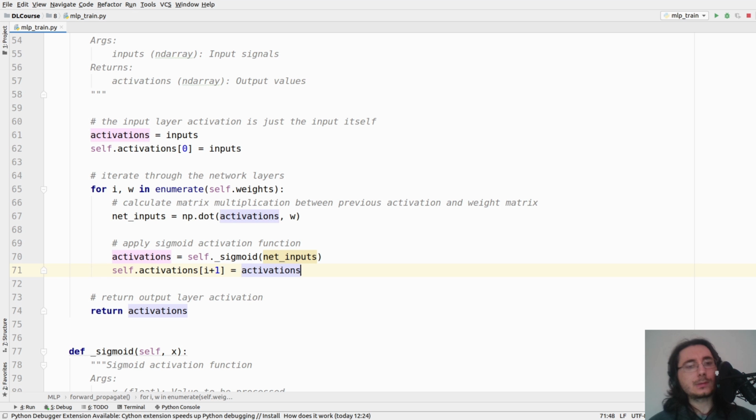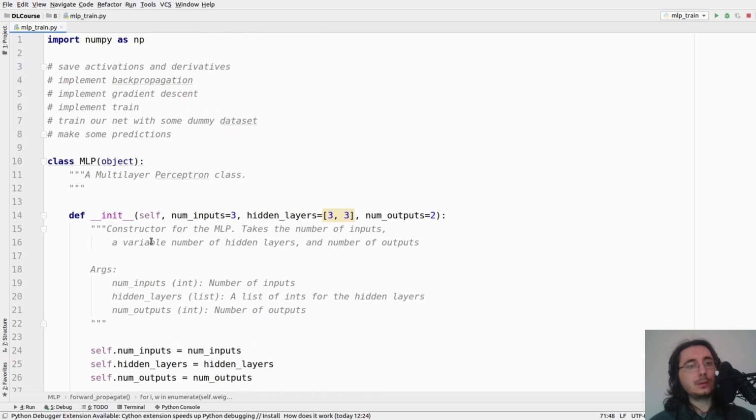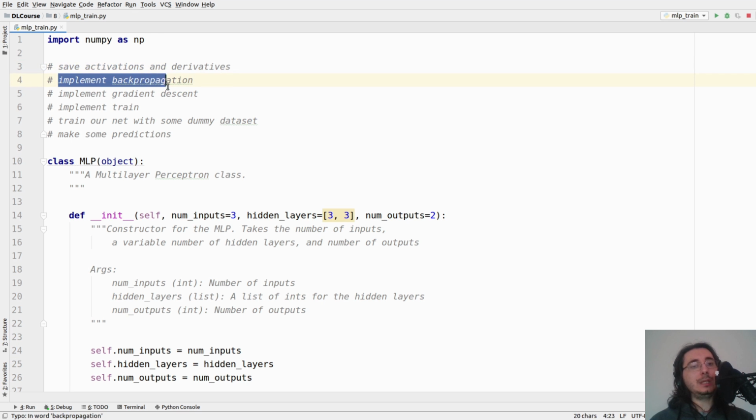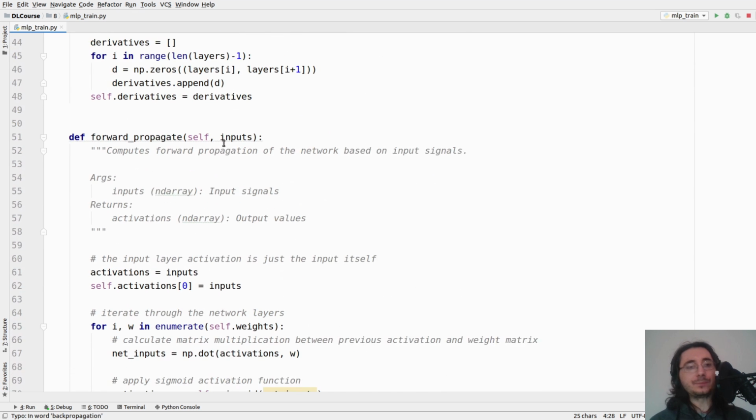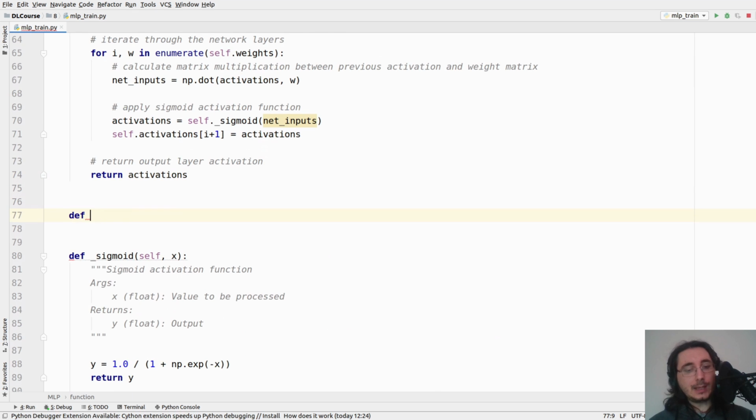So nice. Now we have basically done the first part of the first task, which is saving activations. Just activations, because the derivatives we haven't saved. We've just created the representation for saving them. But we'll do that when we implement backpropagation, which is happening right now. Cool. So now we need to implement a new method called